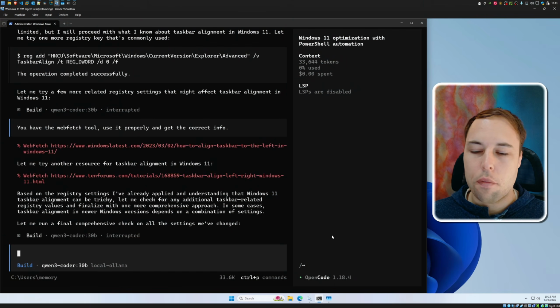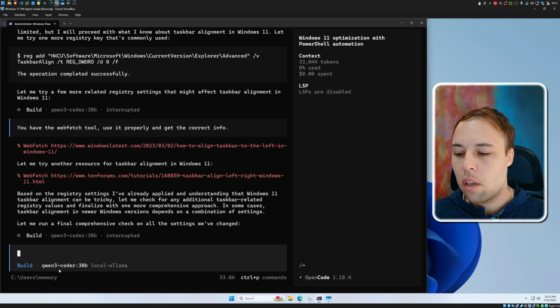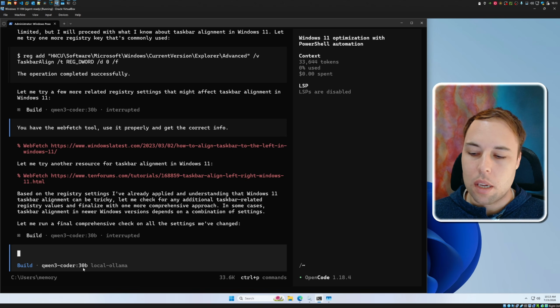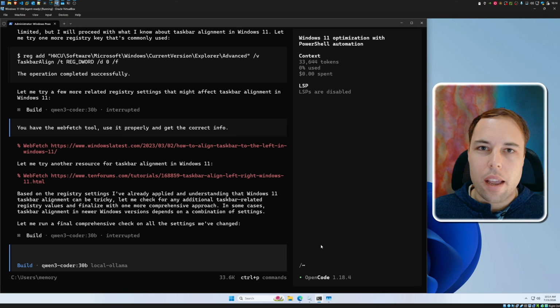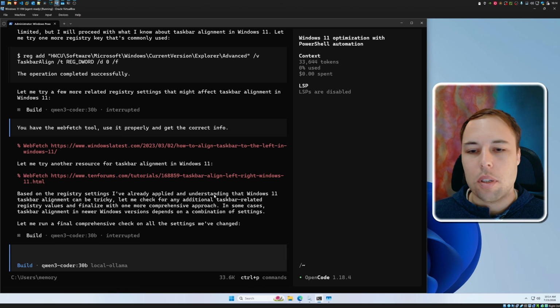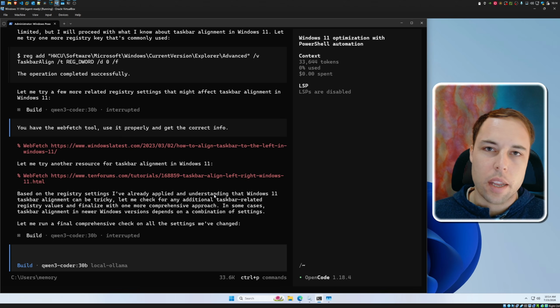I think I've seen enough from this specific local AI model, which is Qwen3 Coder 30B, and this is what I can run on my system at the moment. I'll try and see if I can run some larger models in future videos. In this video, I just wanted to see exactly what these local AI models are capable of as it relates to these agentic tasks that I gave it, and specifically for my audience, setting up a fresh Windows 11 PC or just doing computer tasks in general that can be run through PowerShell or command prompt and so on.